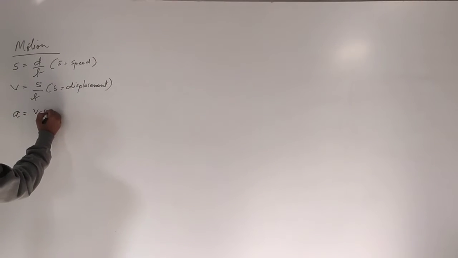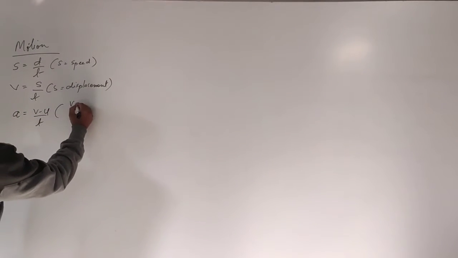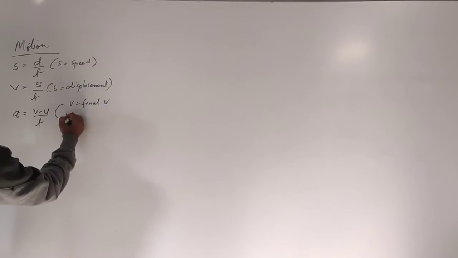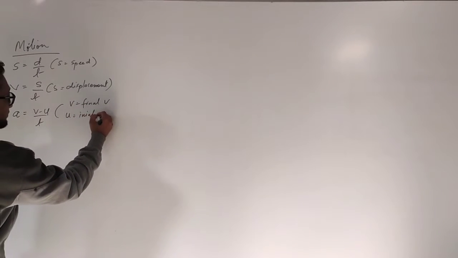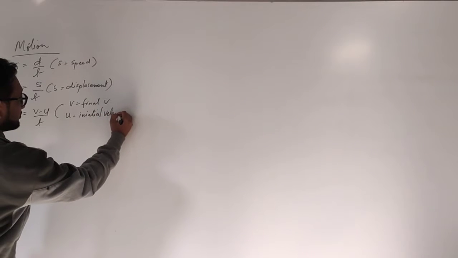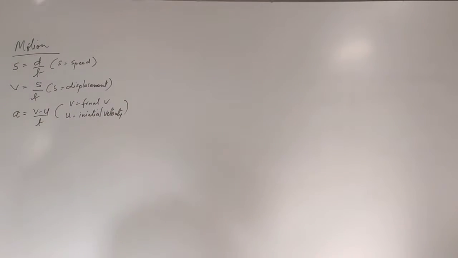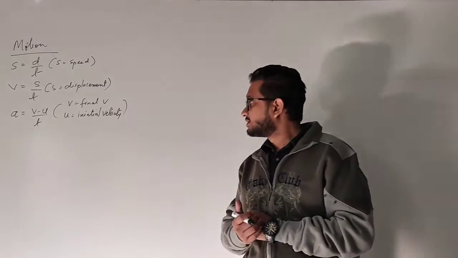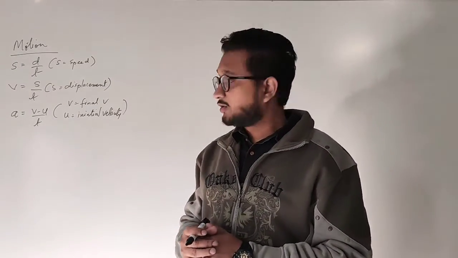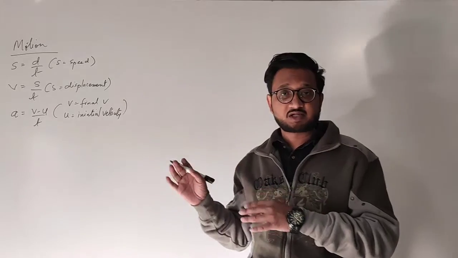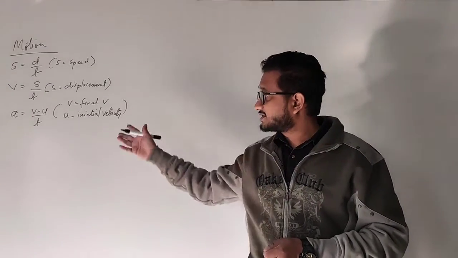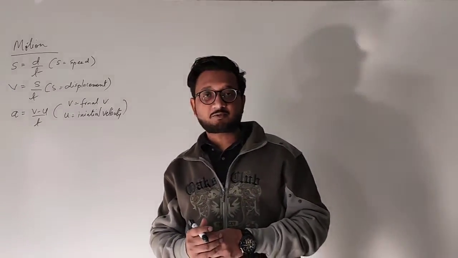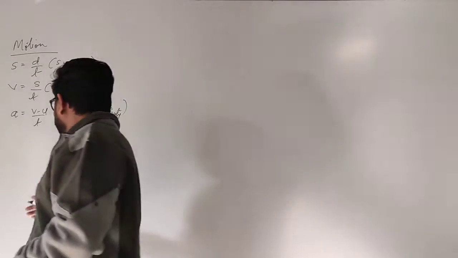Acceleration A is V minus U upon T, where V is final velocity and U is initial velocity. I hope this one is clear to you. If you remember all the formulas correctly, this is the one. Acceleration. After this we had three equations of motion which were most important, and that is V is equal to